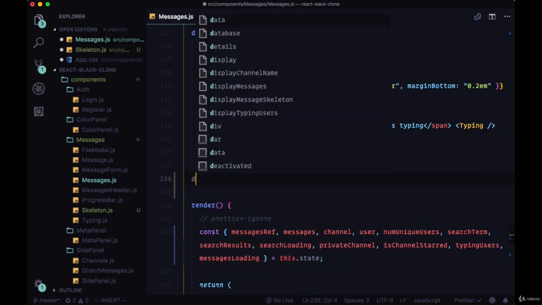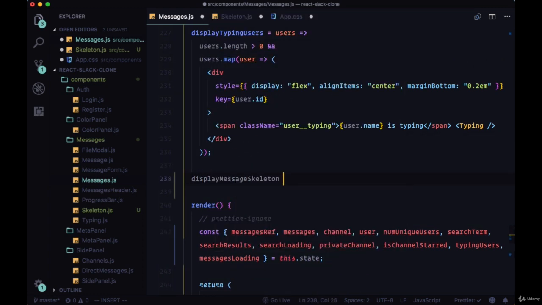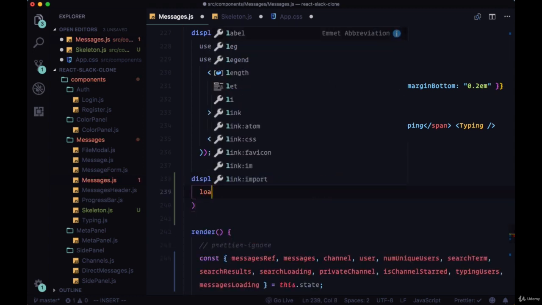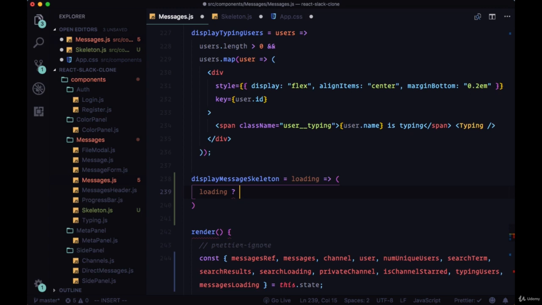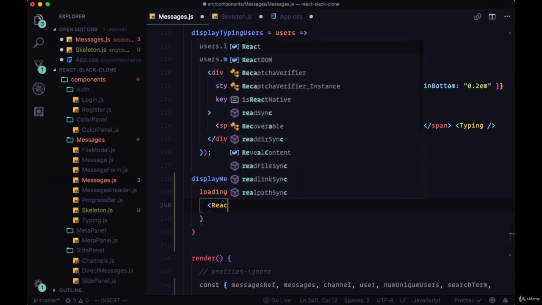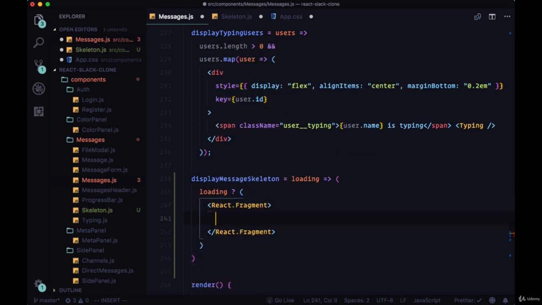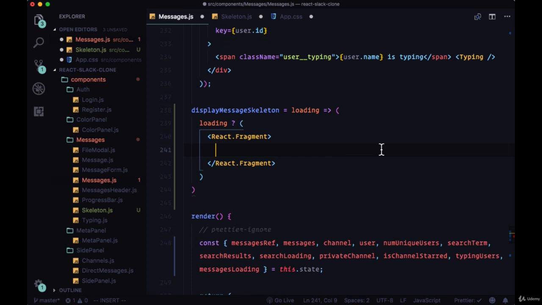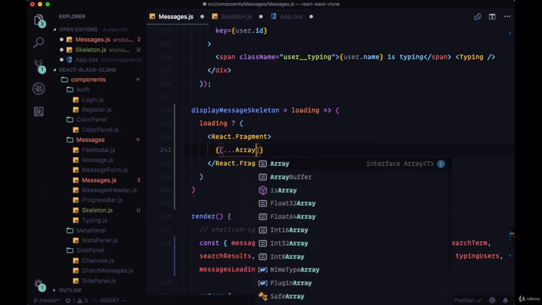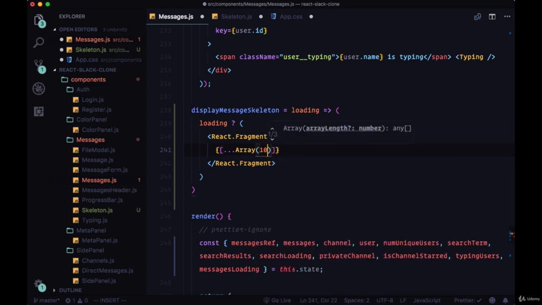So if messages loading is set to true, and we'll pass it to display messages skeleton as loading, if loading is true, we're going to display first a React fragment, and since the skeleton component represents one message being loaded, but we don't want to display just one skeleton but a number of them to fill up the messages section, we can use a trick where we use the array constructor, pass it a value of 10